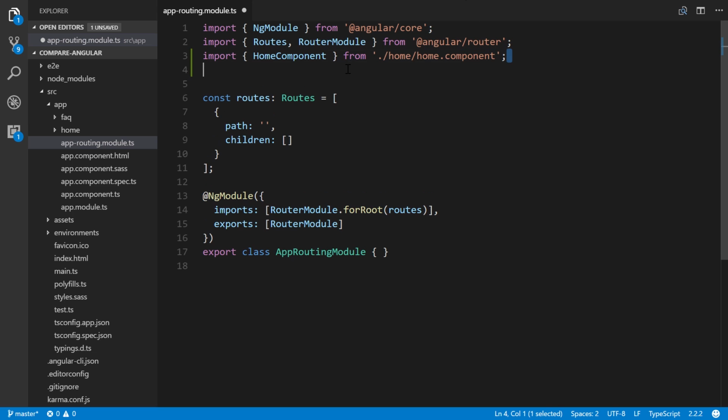Now we're going to do the same thing for the FAQ component. So this changes here to FAQ, and this right here is simply FAQ and FAQ. There we go. All right, so for this default path, we're going to leave the path empty, and we're going to get rid of this children property, and change this here to component,